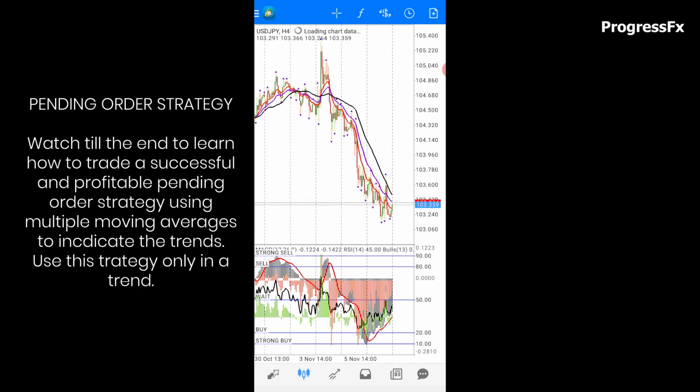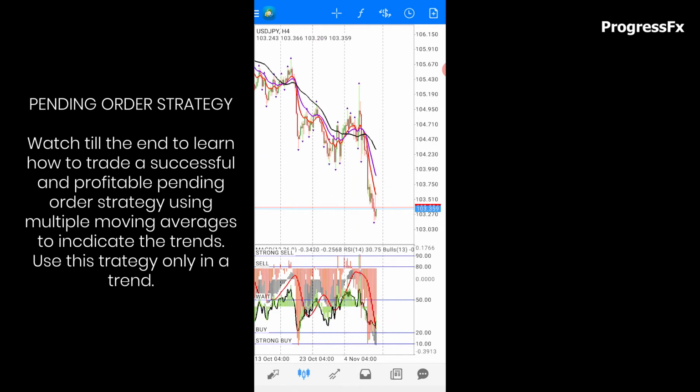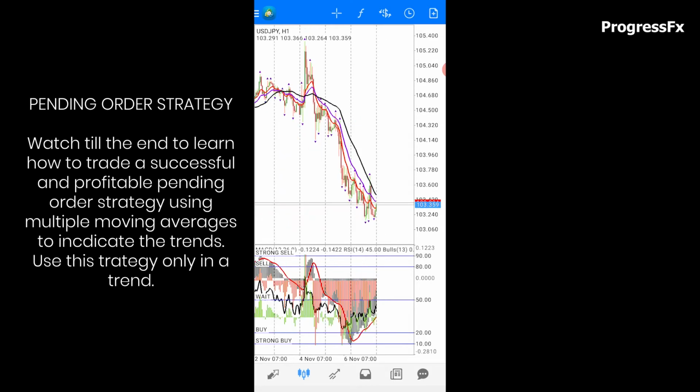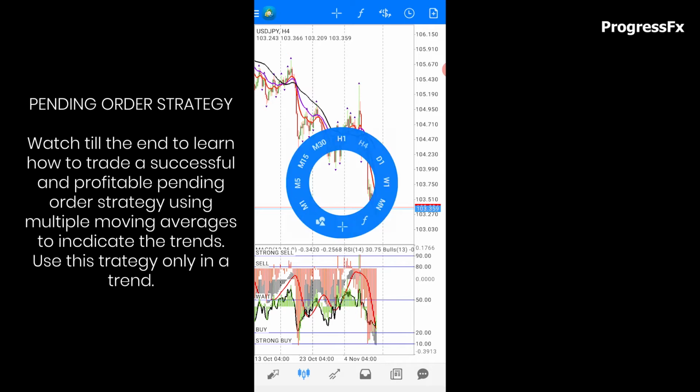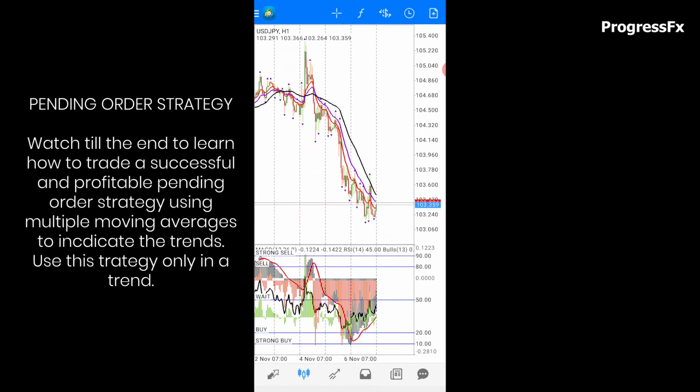So you can use the 4 hours chart, but using the 4 hours chart, it will take long for it to mature. So your aim should be to use a 1 hour time frame if you are a day trader. Except if you are not a day trader, you're a long time trader, you can use a 4 hours chart. Then if you are using the 4 hours chart, you should use the daily chart to moderate it. So using the 1 hour chart,